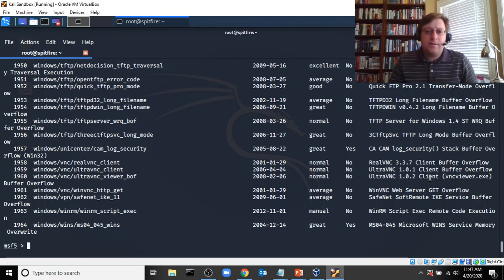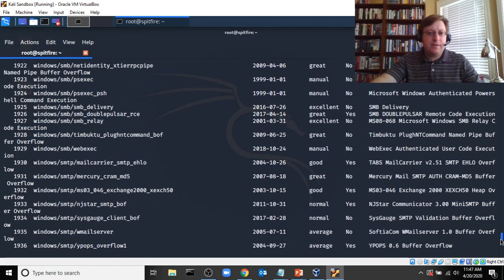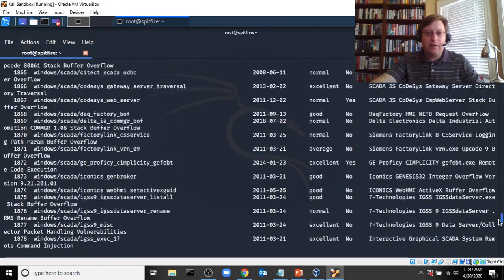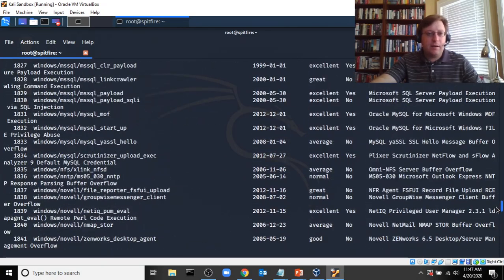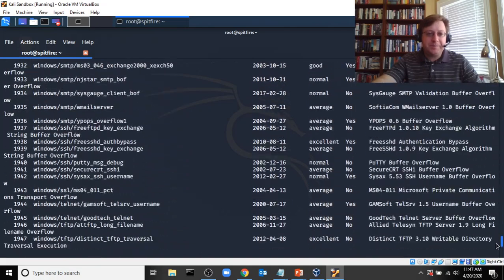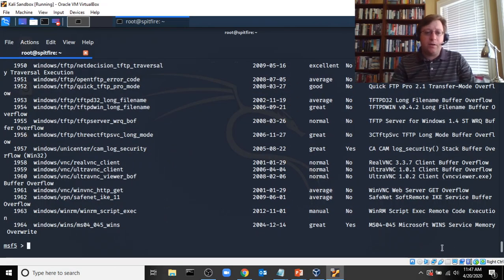If that makes sense. So what we're going to see here is that if we scroll through all of these, we have an enormous list, basically, of all these potential exploits that we could run. Now, we can search for particular exploits if we want to. And what I'm going to do here is, excuse me, there's a search command that has a couple different options. And the example that your book gives